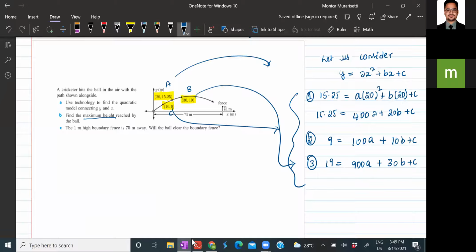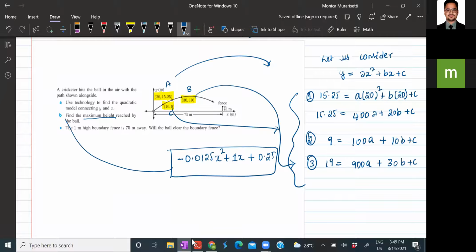The equation would be minus 0.0125 x square plus 1x plus 0.25. This is the equation that is displayed by this particular question.